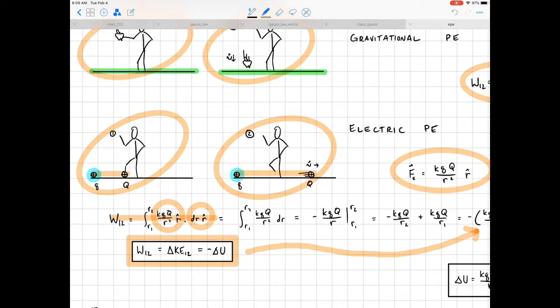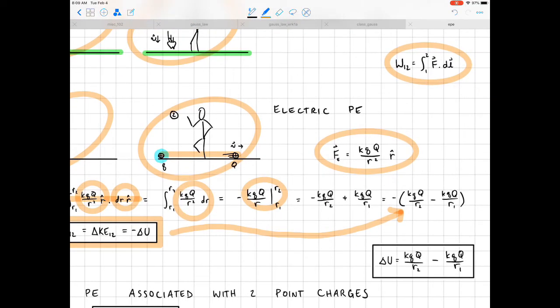And so r1 in the first picture, r2 in the second picture. And so those directions are the direction of the force and the path is the same, and so that dot product just turns into the product. And then we take the integral or the antiderivative, and then we just rearrange the terms, and we end up with this expression all the way over here. We've got a negative sign out front, and then we've got the difference between k QQ over r2 minus